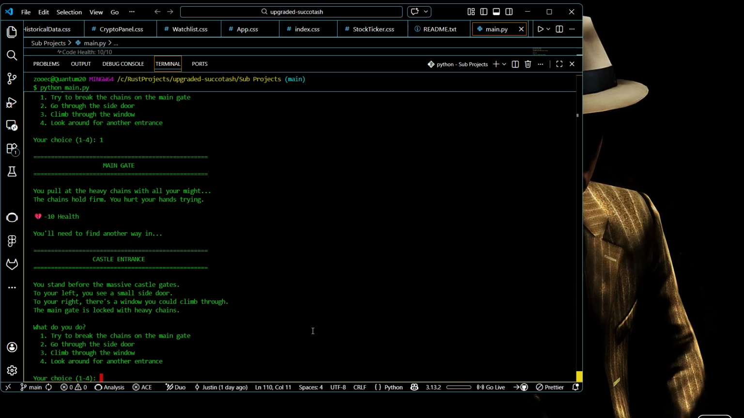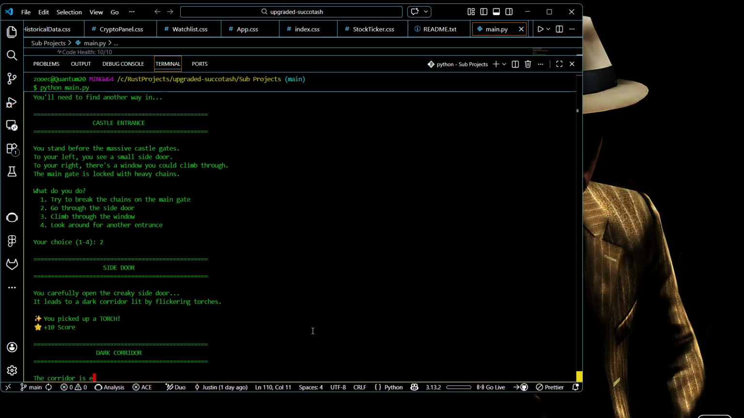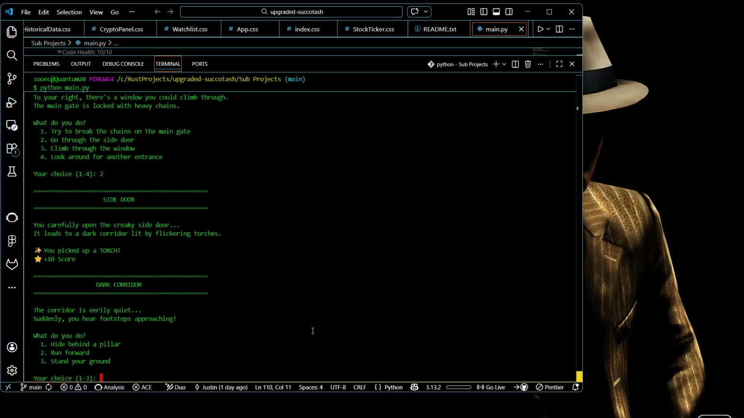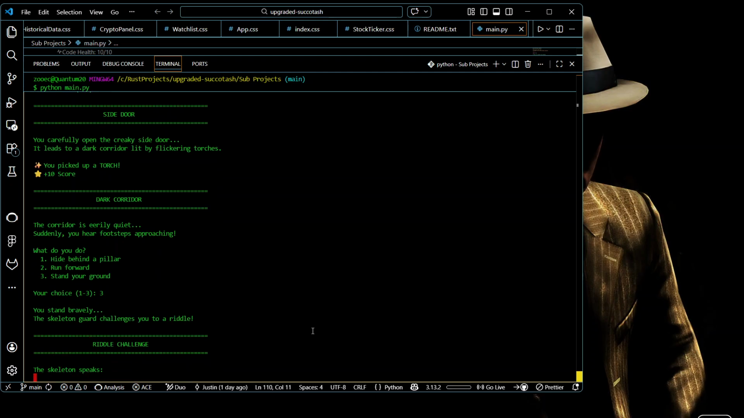Okay, go through the side door. Side door. You carefully open the creaky side door. It leads to a dark corridor lit by flickering torches. You picked up a torch, +10 score. Dark corridor. The corridor is eerily quiet. Suddenly you hear footsteps approaching. What do you do? Hide behind a pillar, run forward, stand your ground. I'm gonna stand my ground. You stand bravely. The skeleton guard